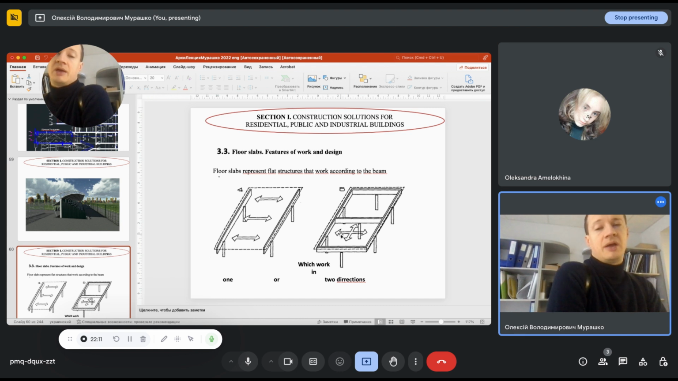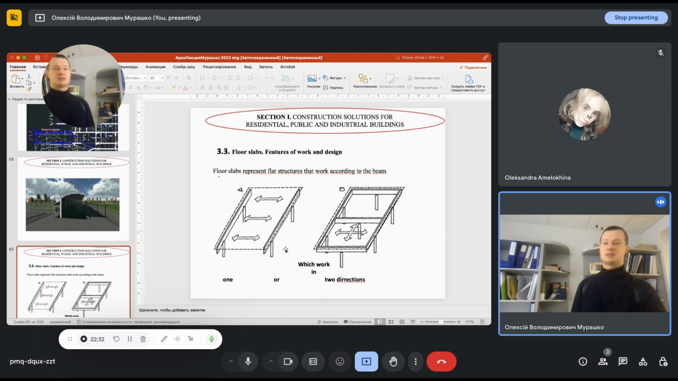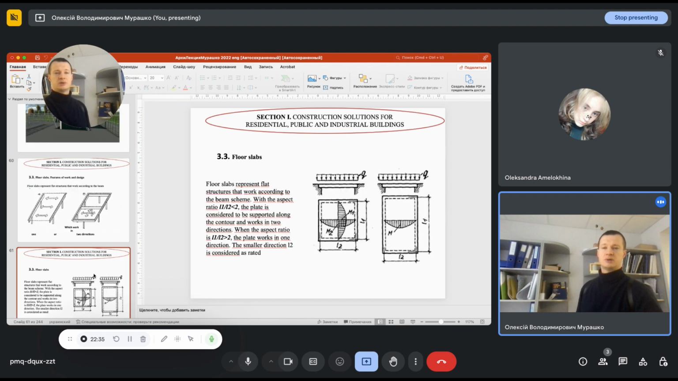The difference between the behavior of this slab and this slab lies in that this slab works only in this direction, but in this case, when we are considering such a structural system, you will find that these slabs work in this direction and in this direction. It depends on the ratio between these spans. If the ratio between these and these spans is less than two, in this case, these slabs work like a bimomental